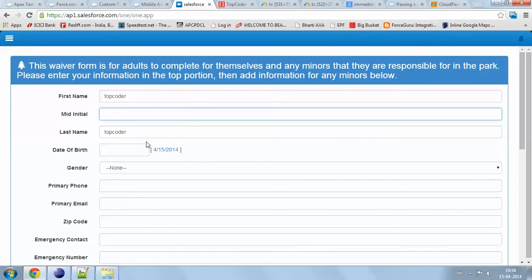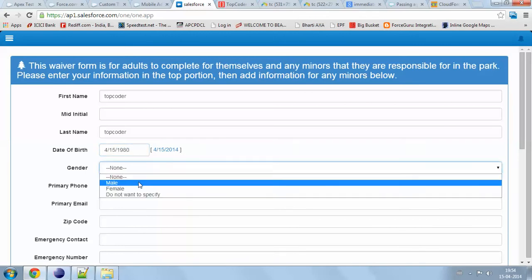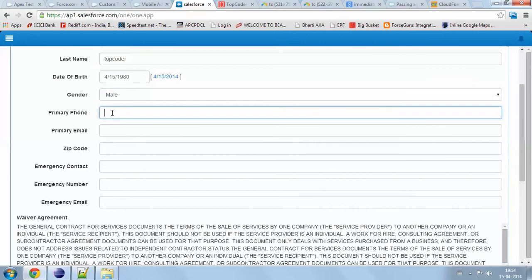I will remove this because it is not required. I will put 1980. Gender I will give male. Primary female I will do. Primary email I will give this. Zip code I will give 12345. Emergency contact I will give this. Number I will give this.